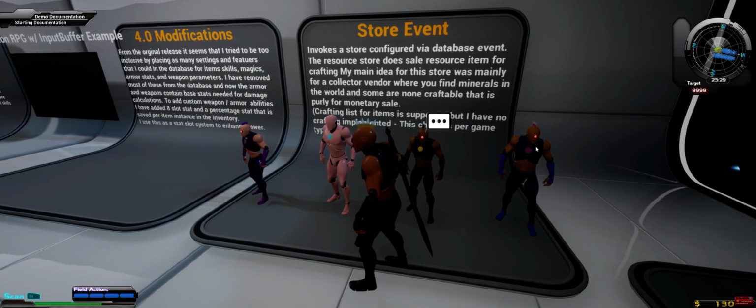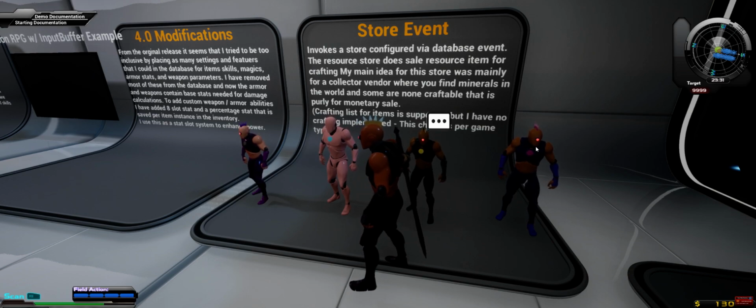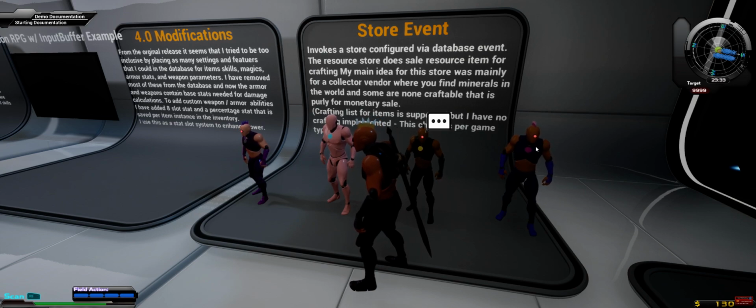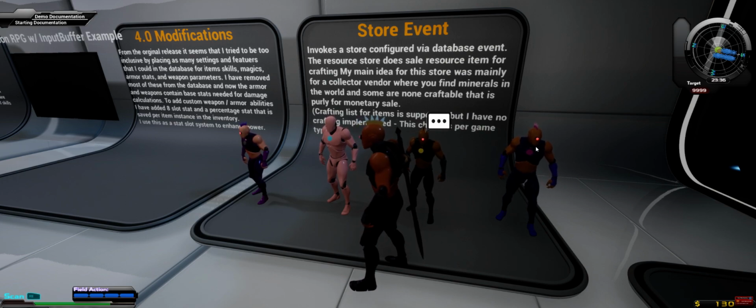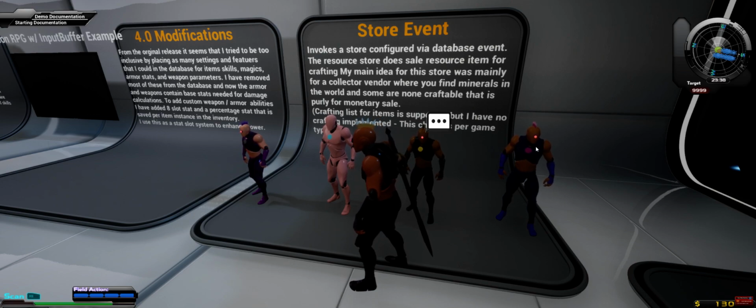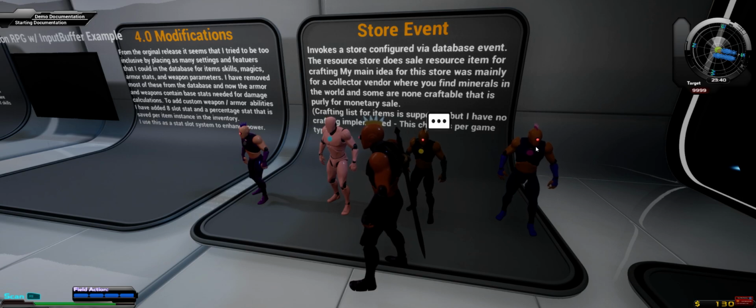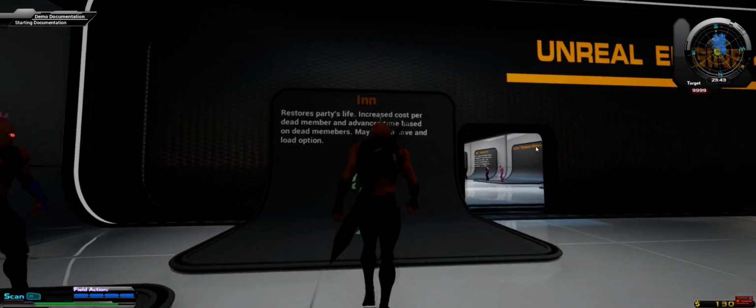So inside the system, I have items, I have armor, weapons, and resources, and those are different storefronts that you can have with any kind of configured item list that you want. So on the database manager, you can query all the items, add what items you want to go into what store event, and then bind that to an NPC character to be able to talk to bring up that city's inventory. You also have an inn